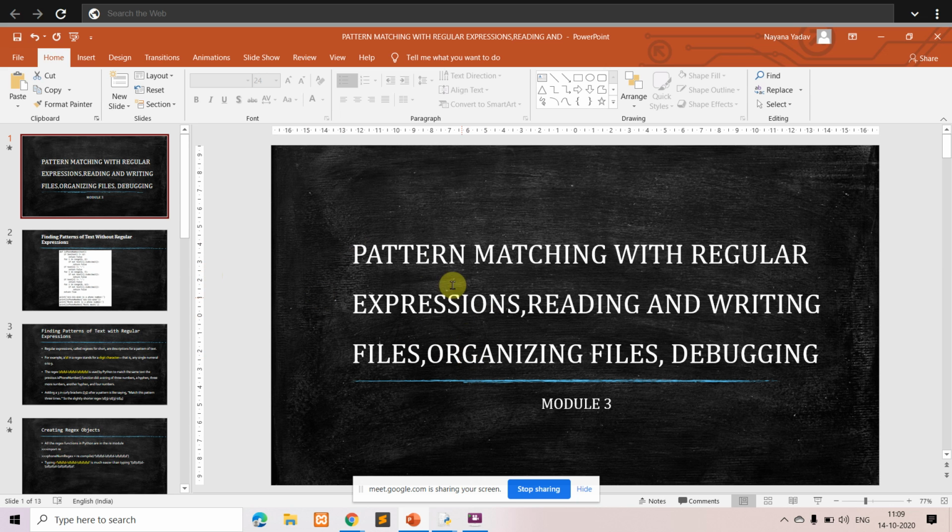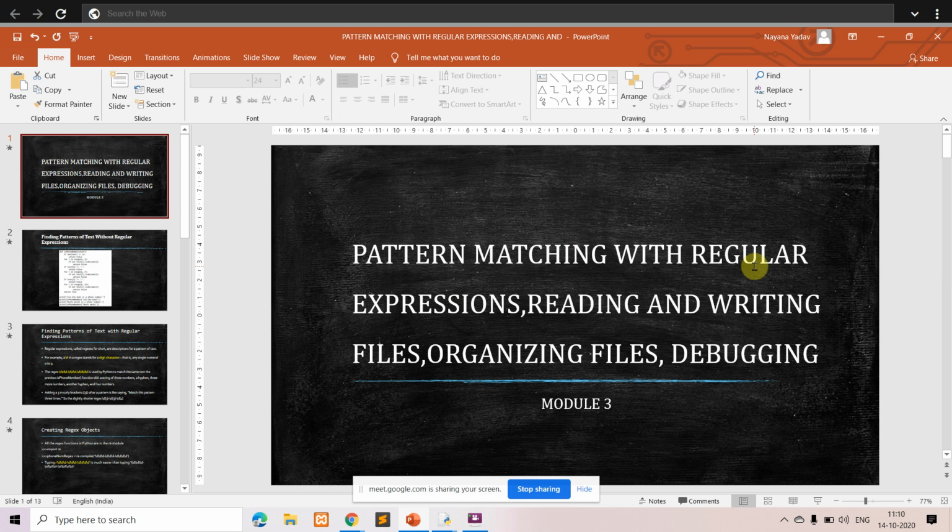In your textbook, they have given an example of a telephone number, that is, you want to search a phone number. They have given the example of a phone number of the United States or Canada. The phone number will have first three digits, which represent the area code, and after that a hyphen, then again three digits, again a hyphen, and next four digits. That is the pattern they have given you. We are going to use the same pattern in this chapter for pattern matching with regular expressions.